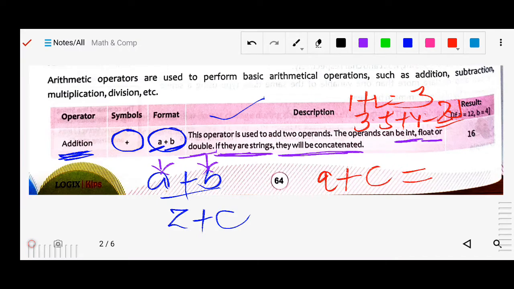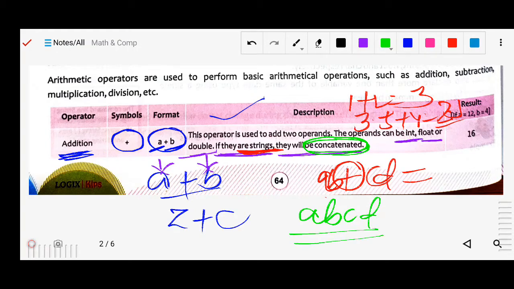If it is a character or string, suppose ab and cd are strings and in between we have used the plus sign, what will be the output? It will simply be concatenated. Concatenate means joined. It will be written like this: abcd. You will get this if you use the plus operator.